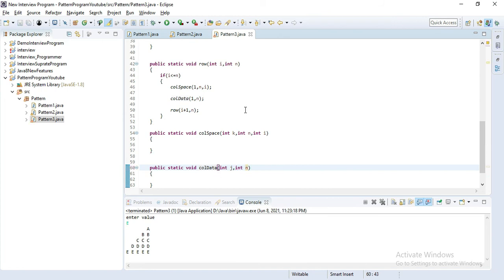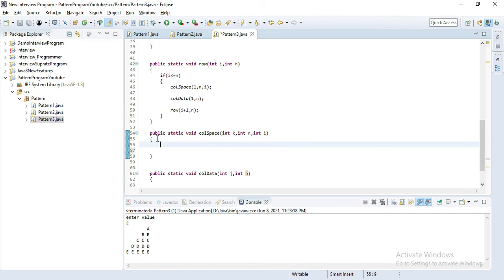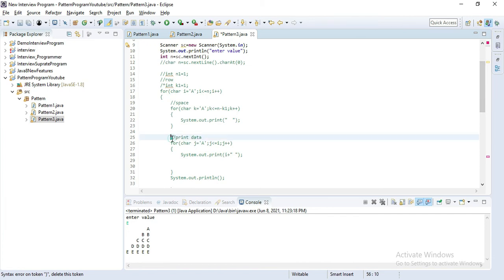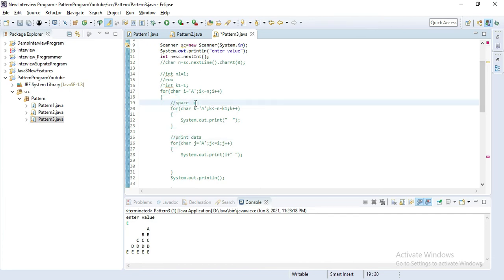Now let's work one by one. First, in the call space method, let's check what we define. You can see in this space for loop, we defined k less than equal to n minus k1.